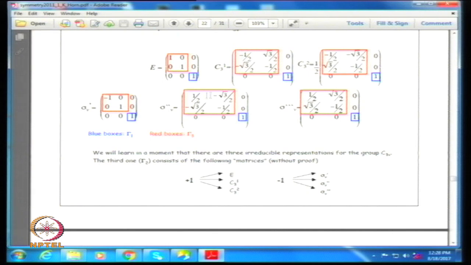And you will find, in fact in this case, because these two add up to 0, the trace of all these three is plus 1, whereas the trace of these two is actually 0. The trace of the identity element is always equal to the size of the representation, because it has as many ones as the dimension of the carrier space on which it is acting. Okay, so we'll stop here today.